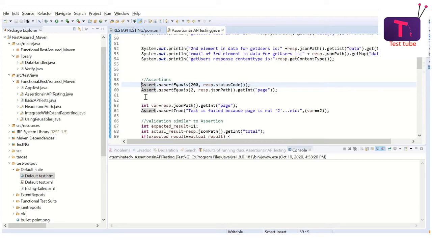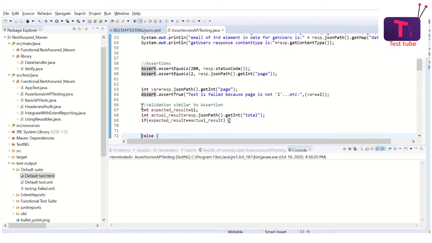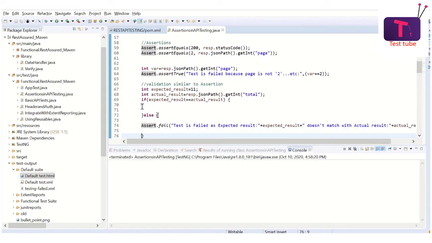Before we do it, let us discuss even more details of how an assertion works within. Okay. Now I have written a simple code which will imitate assertion. So this is the expected result. This is the actual result. I got it from parsing the response.